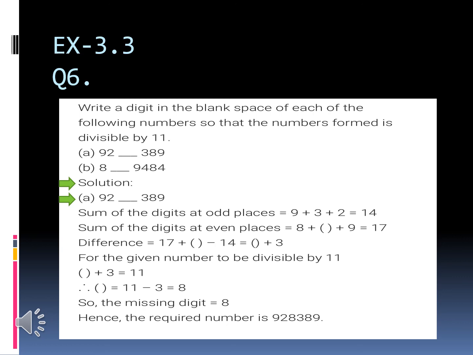We have to make the difference 11. So here we can think about what should be added to 3 to make it 11. We can add 8 to 3 to make it equal to 11, right? Hope you understand why we are making it 11, so that we can have the first multiple of 11. The difference should be a multiple of 11. So for making the difference 11, we have to add 8 to 3. Hence the required digit is 8. The missing digit is 8, and the number becomes